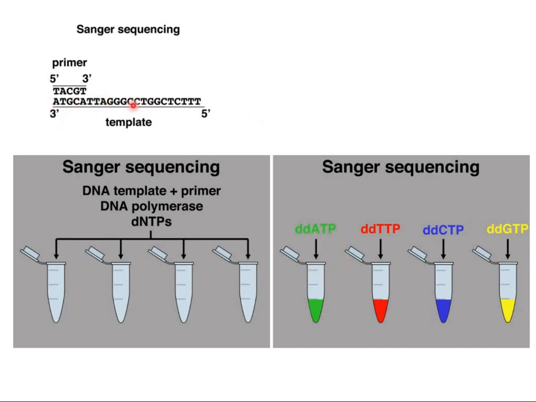We get a product everywhere. There is like A is there. We get a product of that length where everywhere A is there. In ddTTP, we get a product of those lengths where T was there. In ddCTP tubes, we get the products of those lengths where ddCTP was used. So wherever C, those lengths, the products were produced in this kind of a tube. We are carrying out PCR. And in GTP,